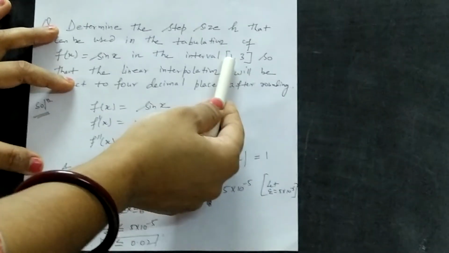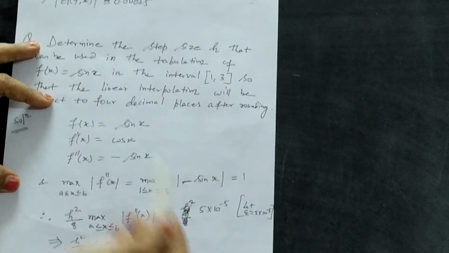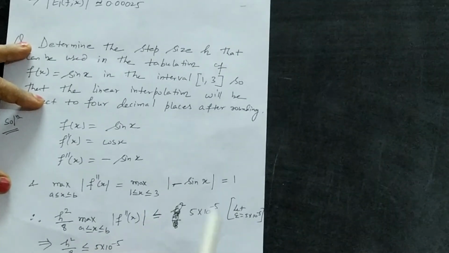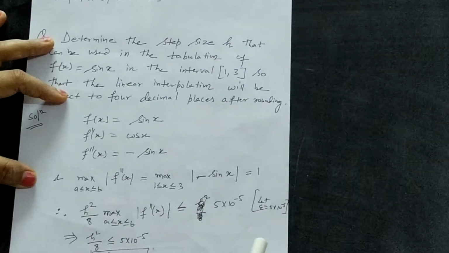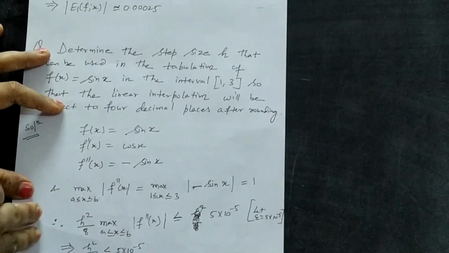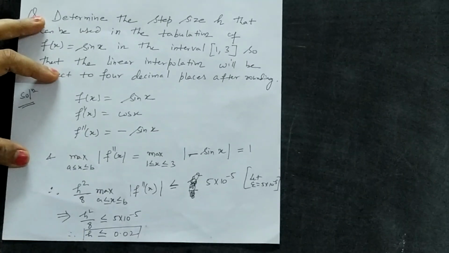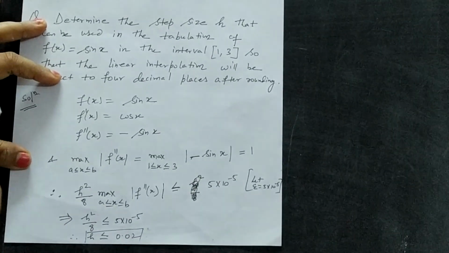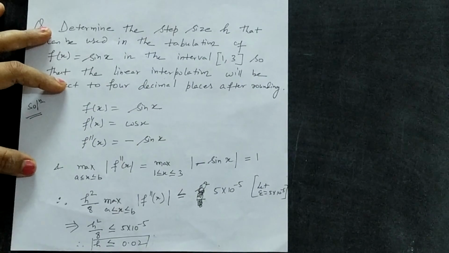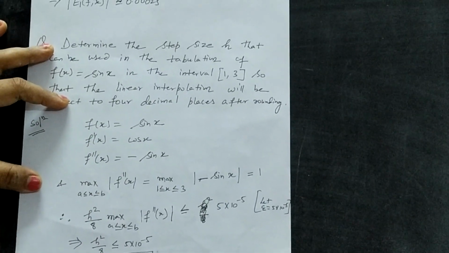It means if you want to start with 1, then for computing another point it should be 1.02. Then next again 0.02 should be added. But the disadvantage is that with the help of this you must obtain equally spaced data points. For unequal spacing this won't work. So thank you.